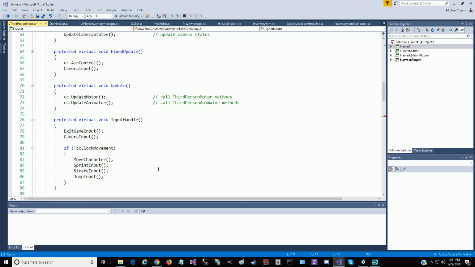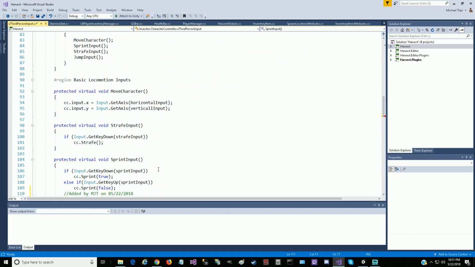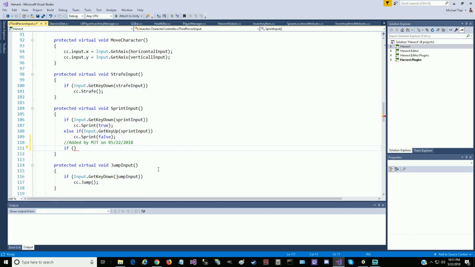So we should be able to say if get component player manager dot stamina greater than 0. And so